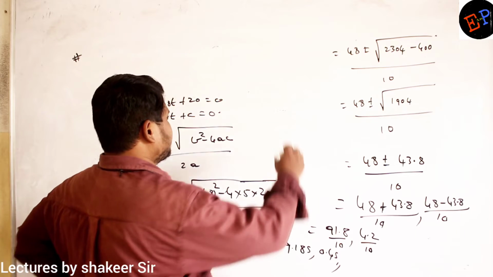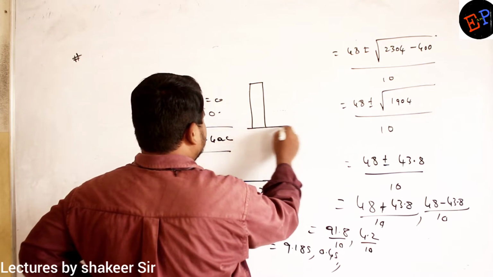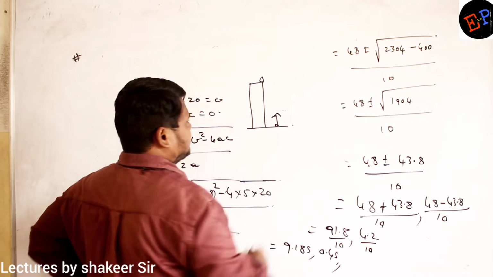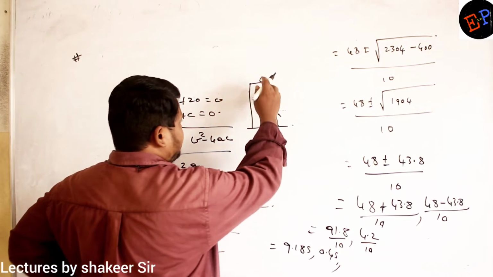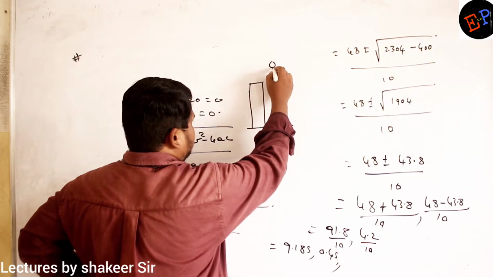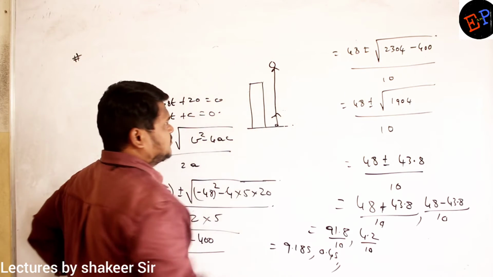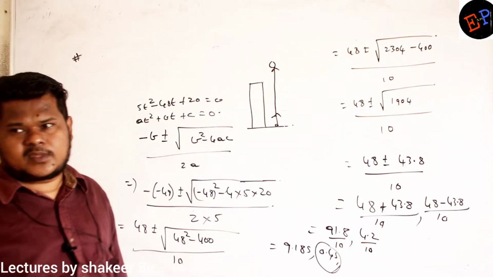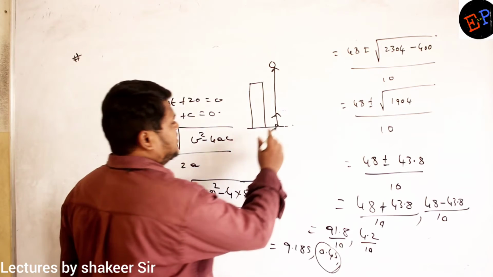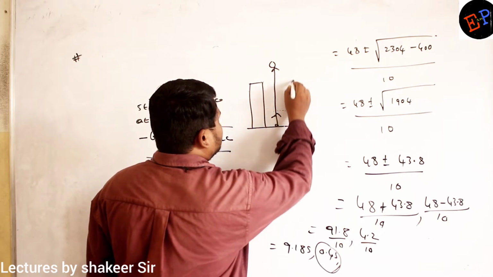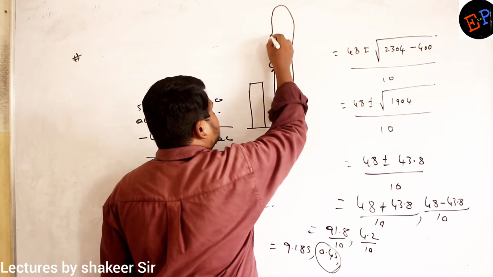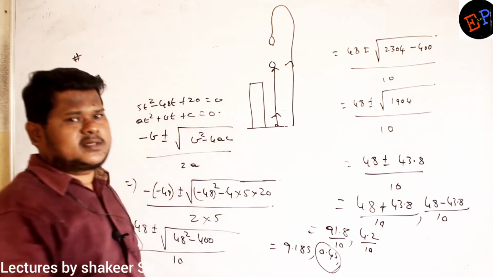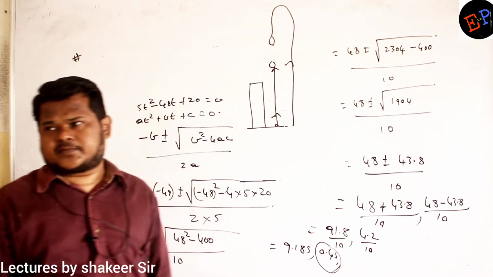In the first condition, what is the meaning of two answers? I will explain to you. Balloon is present here, no? Stone is thrown from here. Are you able to understand? So in the first condition, if this is the balloon moving upwards, this stone goes and strikes this balloon. That is one condition, and that is the minimum time, 0.4 seconds. The second condition is that this stone goes like this and falls, and by this time the balloon will be reaching somewhere here. So this is the second time when the stone can hit the balloon.